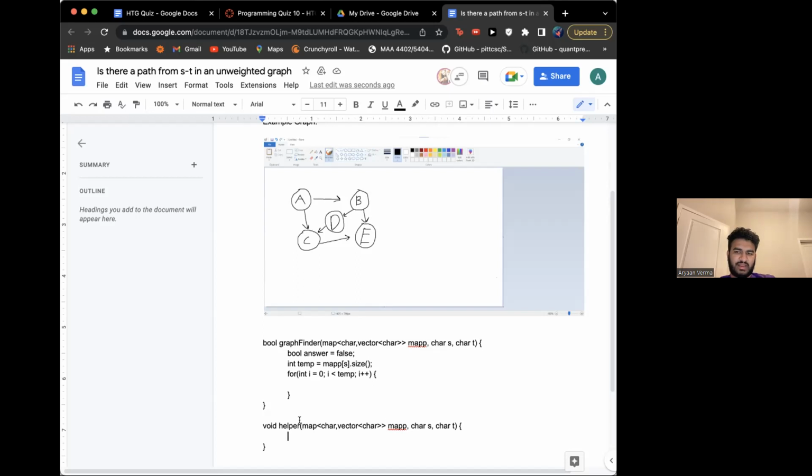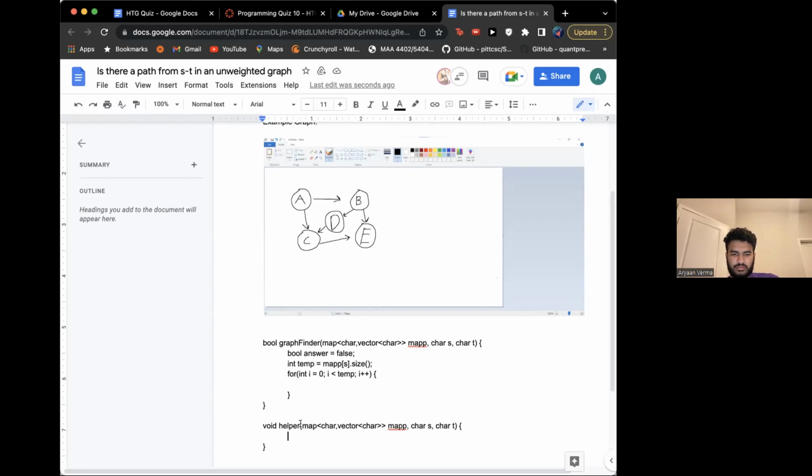I would perform the same function on B, and then it would see that E is within the vector for B,